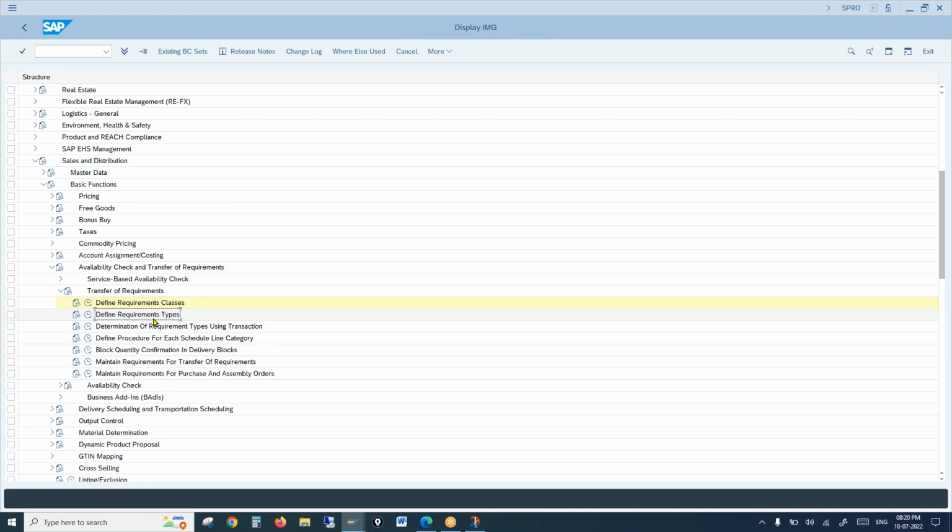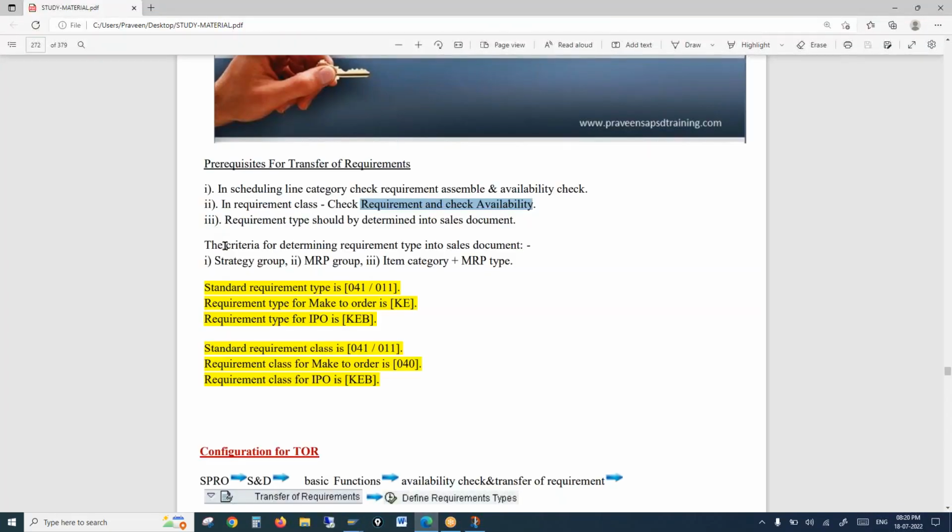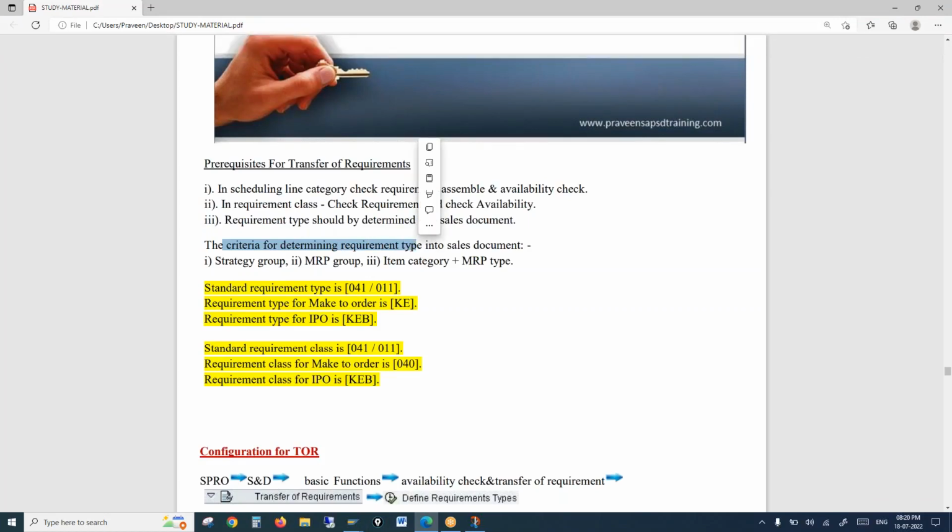So requirement type, you know it. The requirement class, you know it. But how will this requirement type come into the sales document? Anyone? There is a criteria for determining requirement type into the sales document. This question was asked in a very recent interview, in the last season, March, April, May. What is the criteria to determine requirement